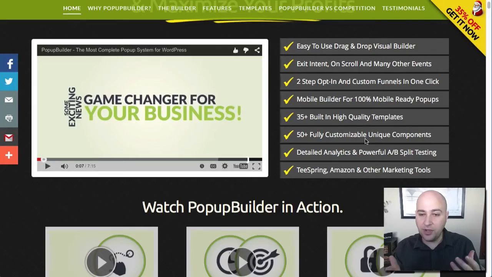For that, there's a bunch of really cool templates that have really unique components that are more geared towards marketers, but these types of elements can be used for any type of business. You're getting detailed A/B split testing if you want to split test your pop-ups, but there's also reporting and analytics on your pop-up, how many times it's been viewed and whatnot. And you can laser target these pop-ups as well, so you can only have certain pop-ups on certain posts or pages, certain pop-ups on certain categories, etc. So you can really fine-tune and control the behavior of these pop-ups, which is really cool, and more.